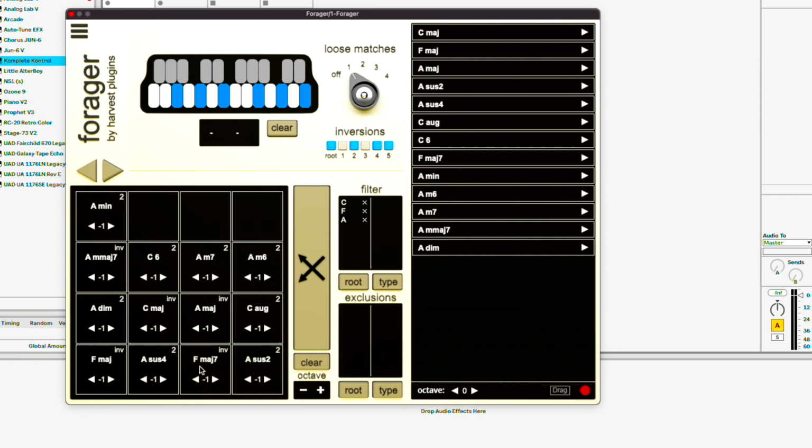And so you can kind of create a progression of pads here with the chords that you want by kind of moving them around and sliding them around. Quick and easy way to create a different chord progression that you want here. And so if I wanted to record this,